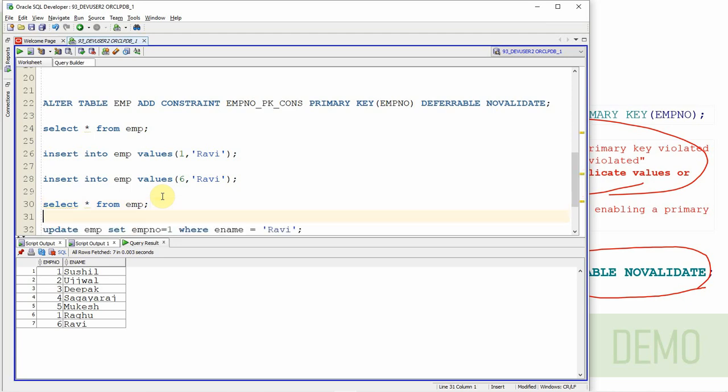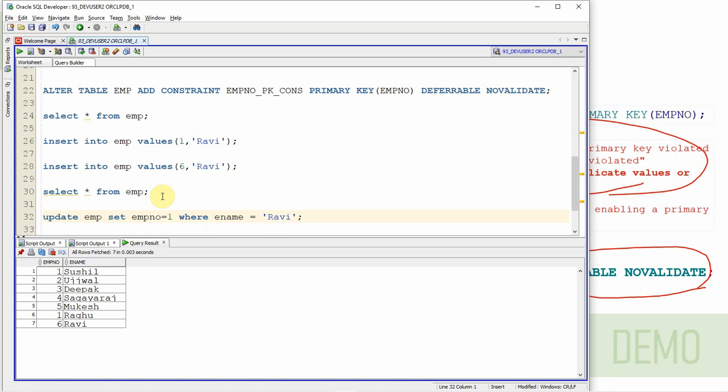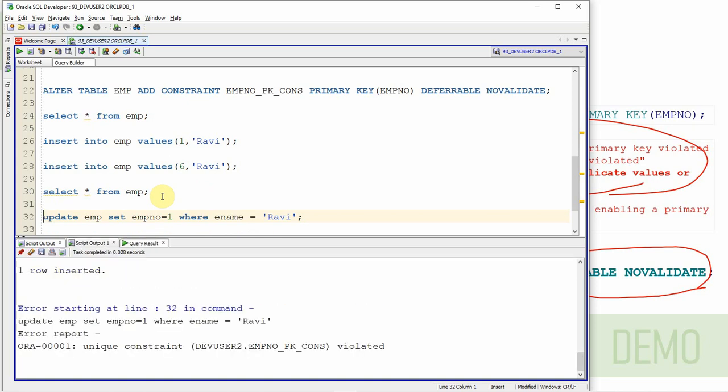The same thing applies to updates also. When you try to update the existing records, the constraint will get validated. That means any subsequent changes after the constraint creation will get validated. Suppose I try to update employee Ravi with employee number 1, it will throw a unique constraint violation.